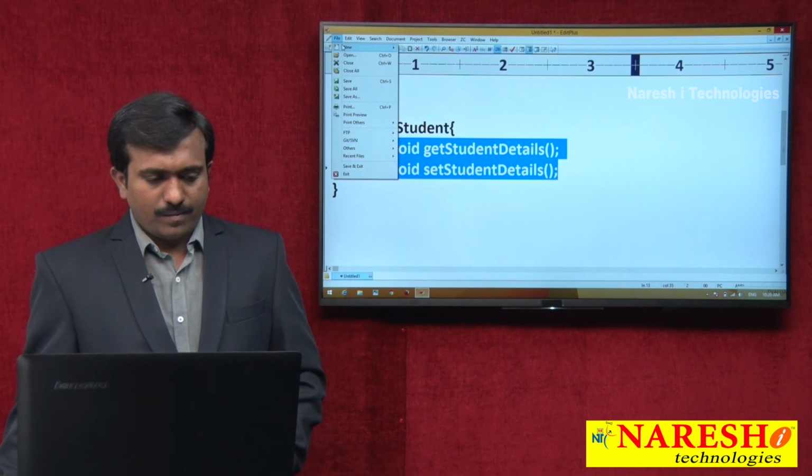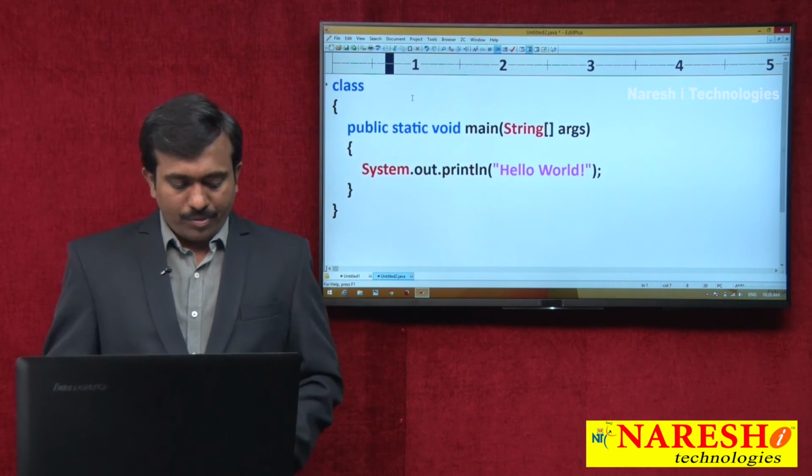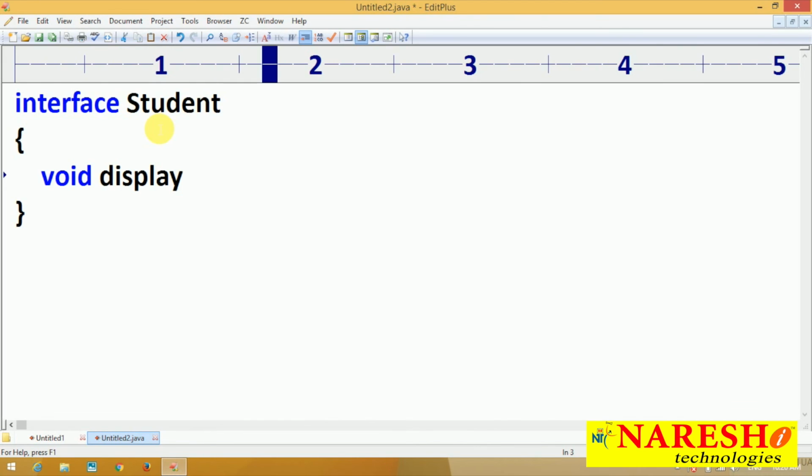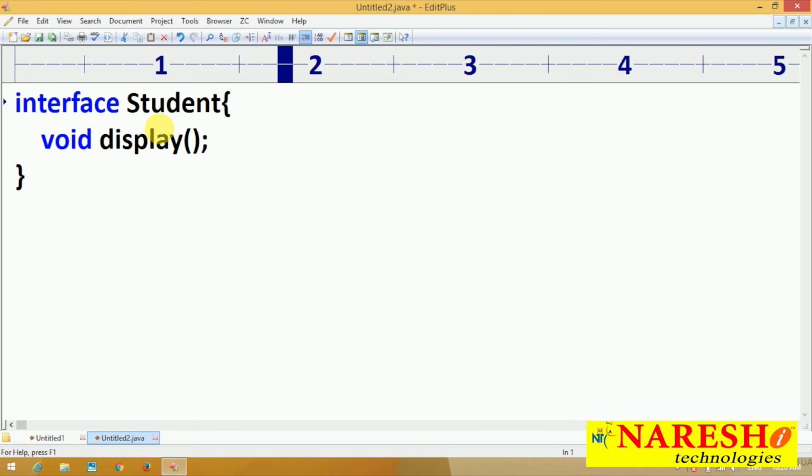Now let's check practically also. For example, here interface Student. In this interface I am writing just one method, display. Here I have not declared this method with public and I have not declared it with abstract.